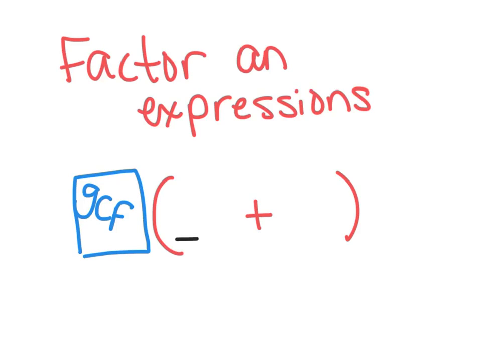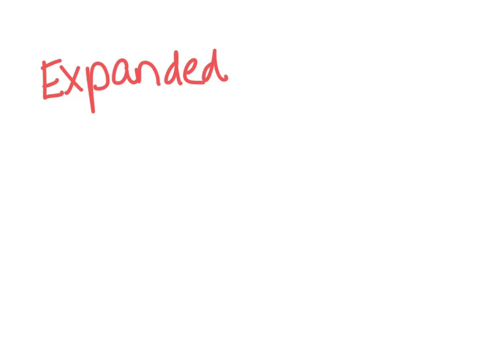Inside the parentheses will be the leftover factors that we would multiply the GCF by to end up with that expanded form. So as a reminder, the expanded form is when we do not have parentheses. And the factored form